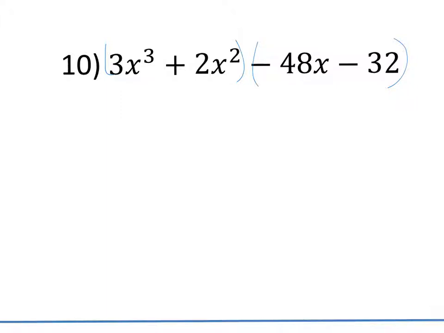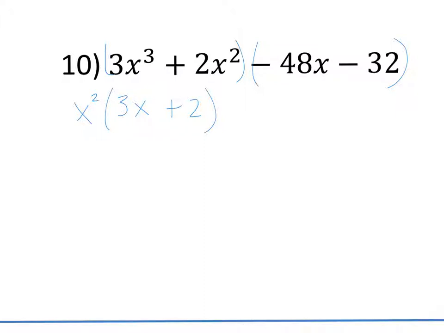I'm going to look at 3x cubed plus 2x squared and take out a GCF of x squared, undistribute, and if I'm at x squared, how do I get to 3x cubed? Times 3x. If I'm at x squared, how do I get to 2x squared? Plus 2. And then I look now at the second set of negative